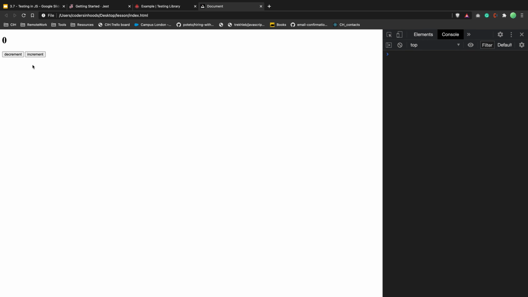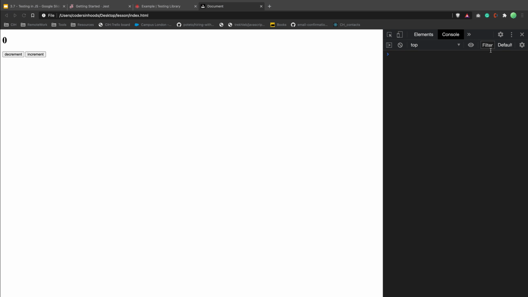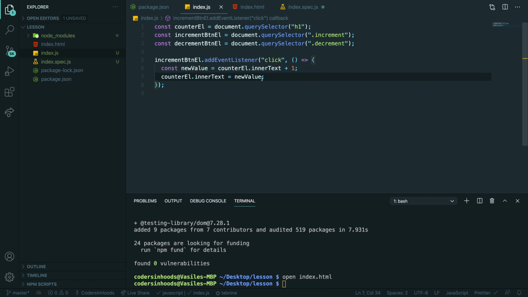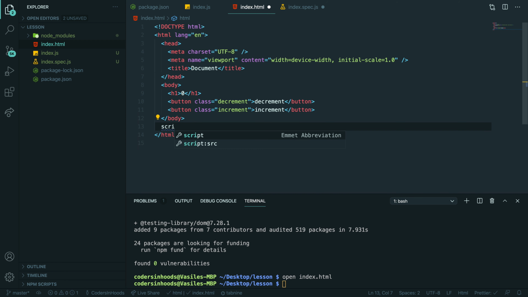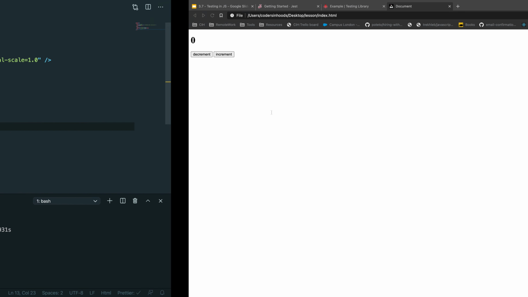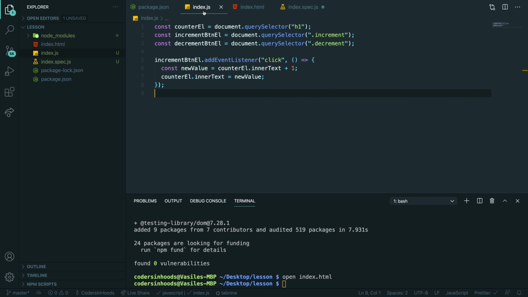Why doesn't it work? Who spots the problem? It's a string, it is not a value. No, we don't have any errors. This is a very, very dumb error, but we forgot to add the script to our HTML. See? But JavaScript, don't we need to force it to be a number also? This is a good point. Let's see. Ah, yeah, see. Buggy code.